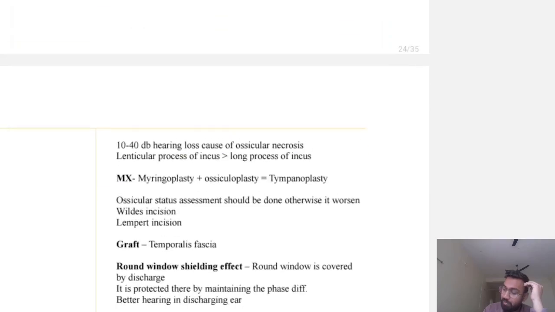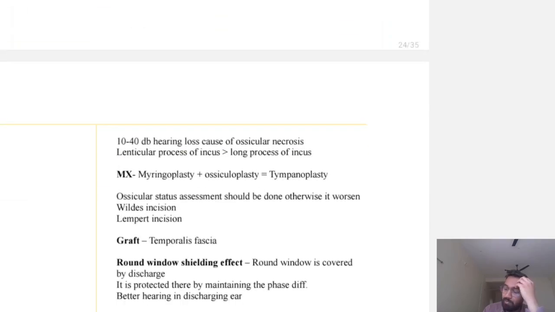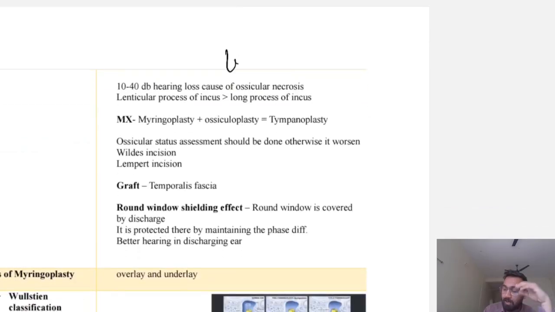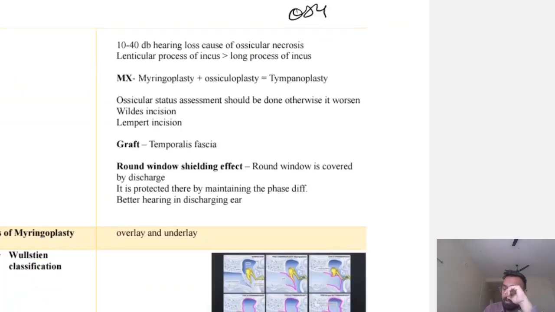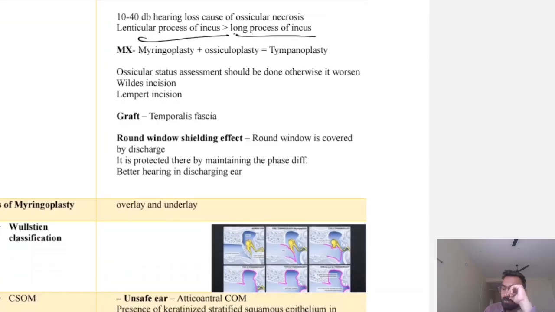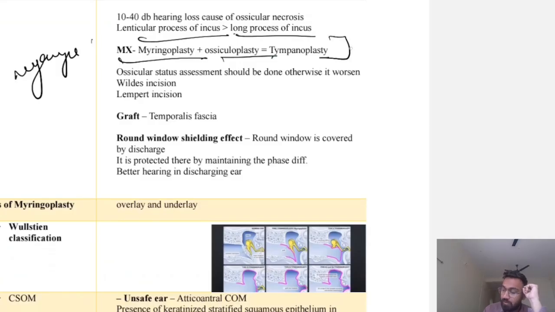Now the patient will present with mucopurulent discharge, painless, profuse, mucoid discharge, because it is from the middle ear, so it is mucoid discharge. Okay, 10 to 40 decibel hearing loss because of ossicular necrosis, lenticular process of incus, then long process of incus. Treatment is by myringoplasty, ossiculoplasty, that is known as tympanoplasty. Okay,